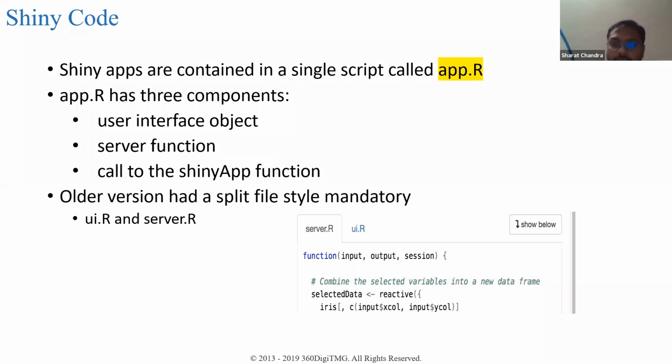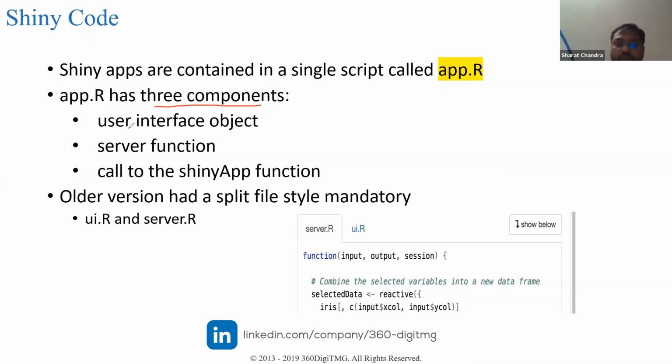Now let's look into the coding. So very simple code. The Shiny app is a simple R code. You can see app.R. That is the default keyword that is used. And this code has a structure. It can be identified as three components.